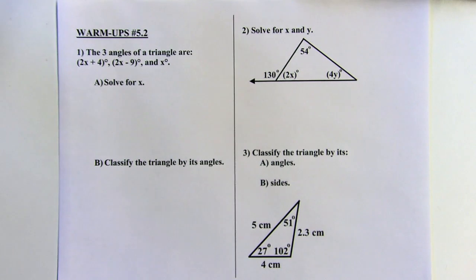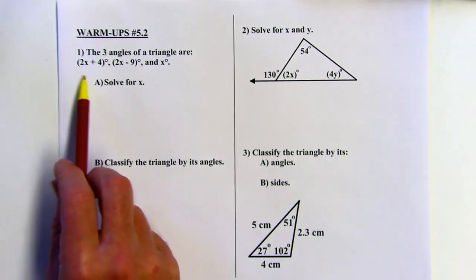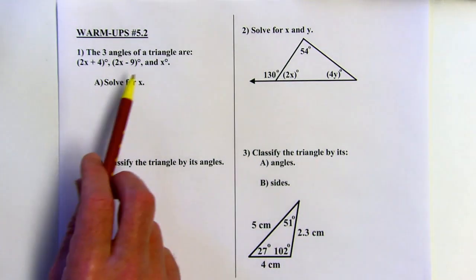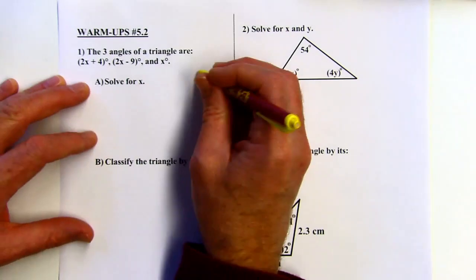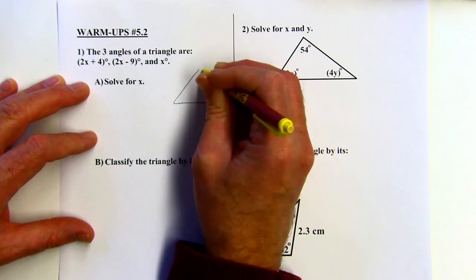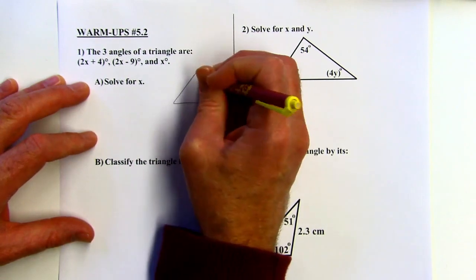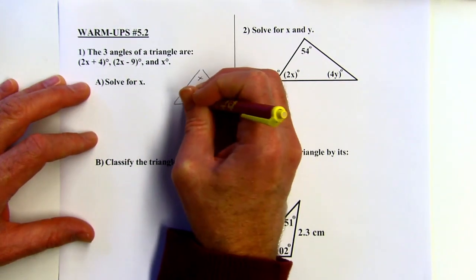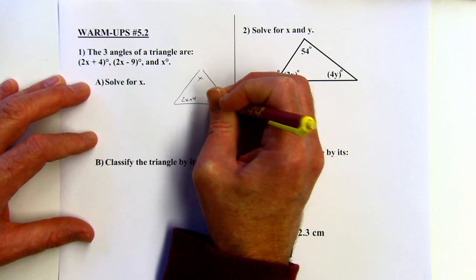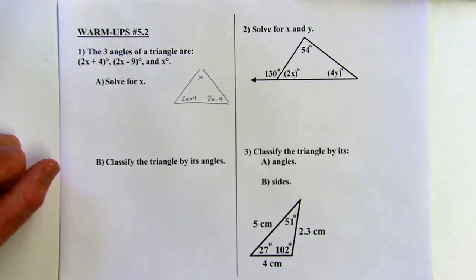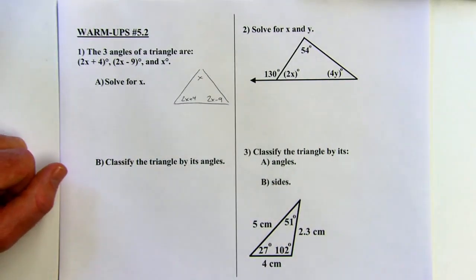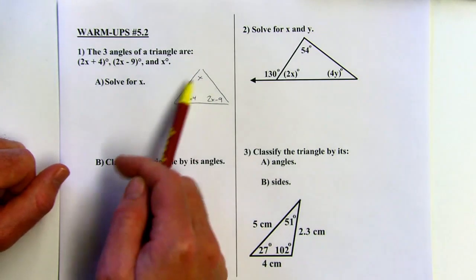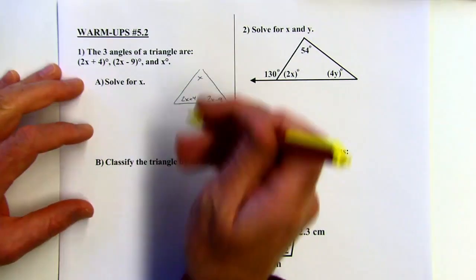Okay, here is warm-up 5.2. The three angles of a triangle have those three expressions, and we're going to solve for x. So I'm going to draw a little picture here. It's just a generic triangle, and I'll put x, 2x plus 4, and 2x minus 9, just to get a visualization. Okay. So the triangle angle sum theorem says that the three angles of any triangle are going to add